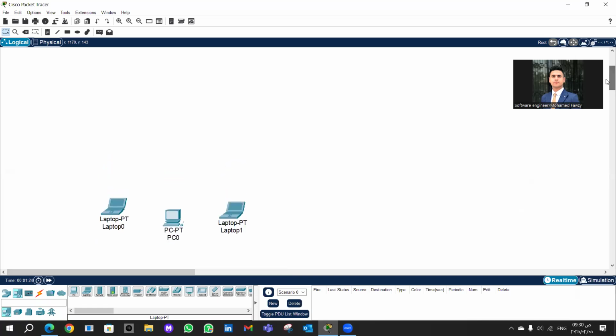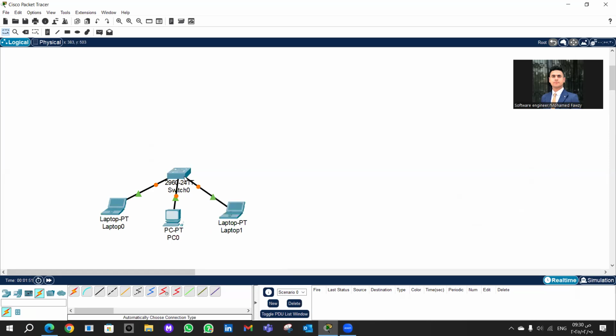All right, very well. I also need to connect them with a switch. Excellent. So I will bring this switch from here, and I will make an automatic connection by clicking on this icon and connect the PCs with the switch